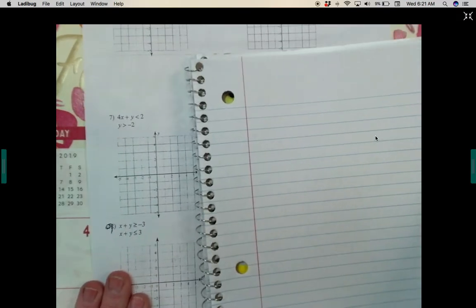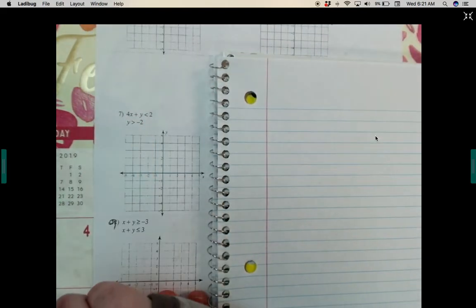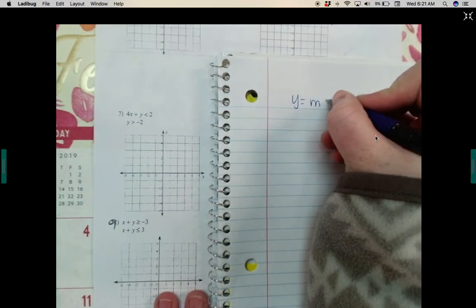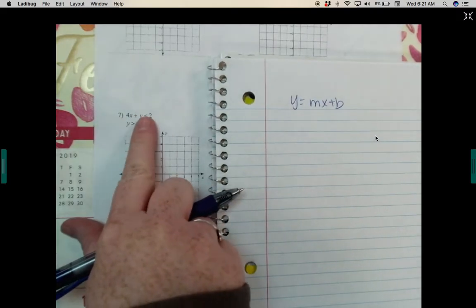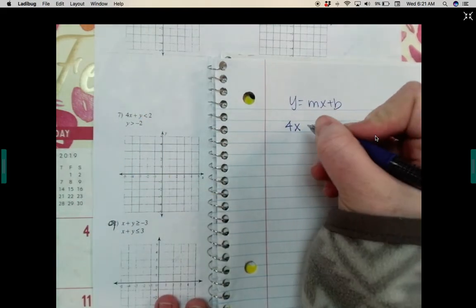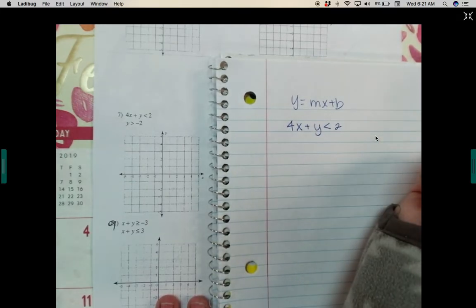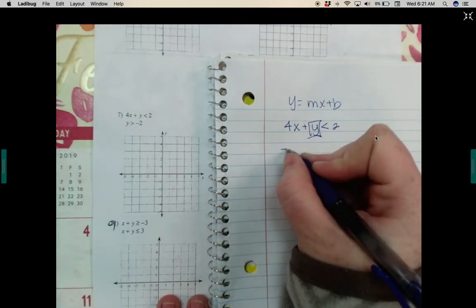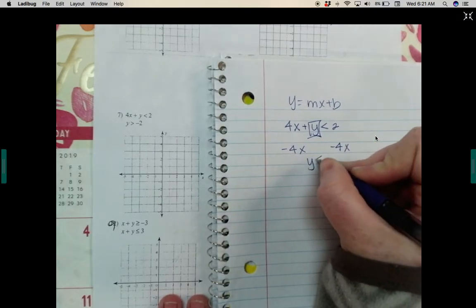I have my scratch paper. So I'm going to rewrite the ones that are not in slope-intercept form. So remember that slope-intercept form is y equals mx plus b. So I'm going to look and see which ones are in that form. I can quickly see that the first one is not. That's in standard form. So I have 4x plus y is less than 2. Okay, so I need to get the y isolated. So I'm going to take a 4x away and a 4x away. And I have y is less than